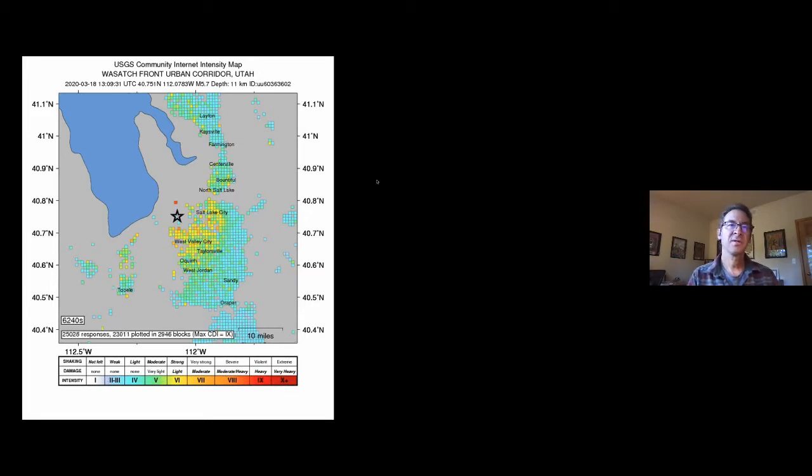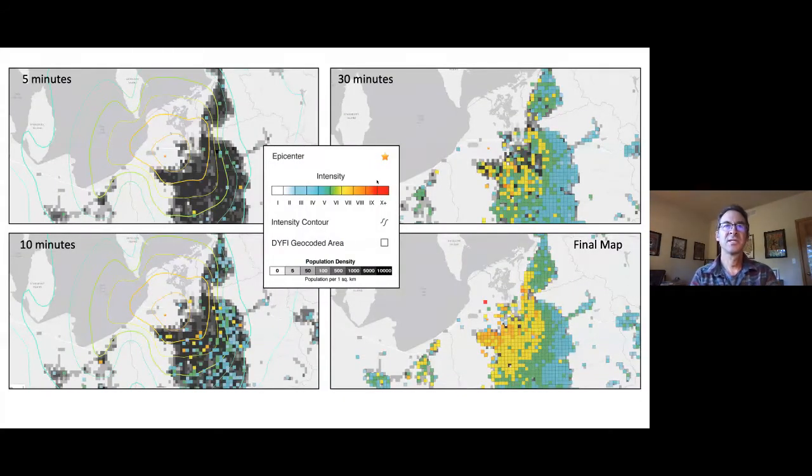What's interesting about these reports is if you let these repeat here, you'll see that the epicentral area received the reports later than the outlying areas. We can actually look at that in more detail after 5 minutes, 10 minutes, 30 minutes, and the final Did You Feel It map. What we see, and we've seen this again and again, is what we call